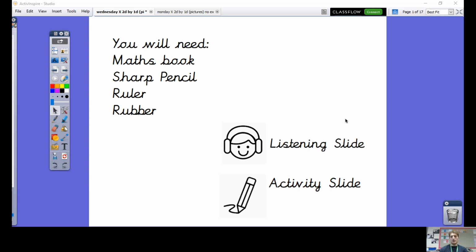Great, let's also make sure we've got our eyes out for one of these two logos and see which one pops up on the top right hand side of our screen, because that's going to tell you whether you need to be listening to the slide or whether you need to have your pencil ready for when I tell you to do an activity. Okay,